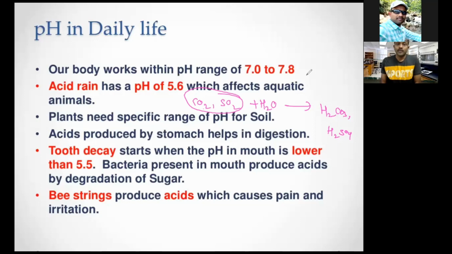Now, acids produced by the stomach help in digestion. When you take food, it will go to the stomach, it has to be digested, right? So to digest that food, what do we require? Our stomach releases some acid, HCl. If you are taking an excess amount of food, to digest that excess food our stomach has to release more acid, right? If it releases an excess amount of acid, we will get stomach pain, irritation, something like that,